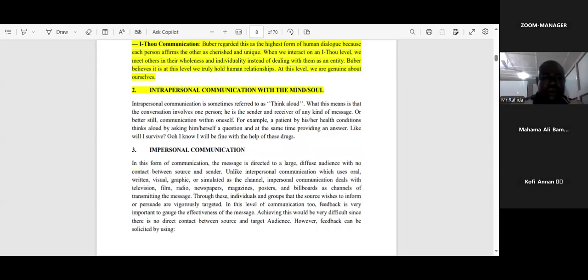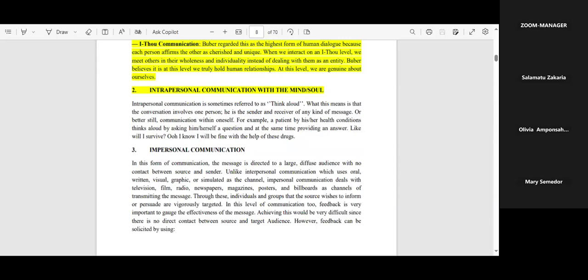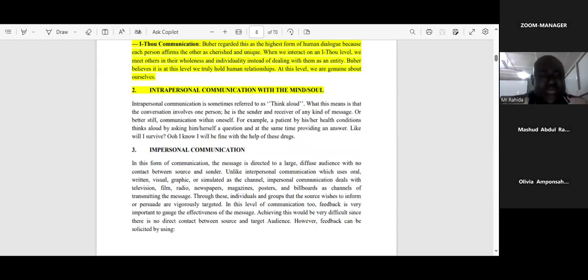Then we move to look at the other aspect, what we call intrapersonal communication. Intrapersonal communication. All of you, intrapersonal. Yes, that is good. So when we say intrapersonal communication, when you go back to your literature,